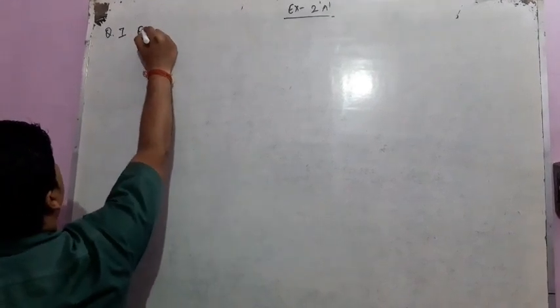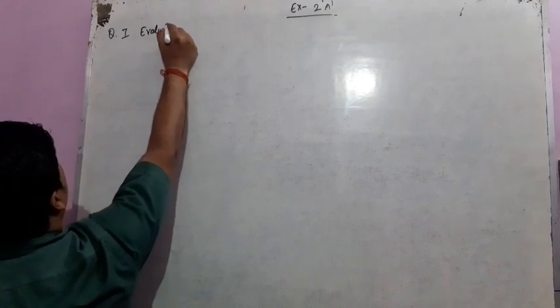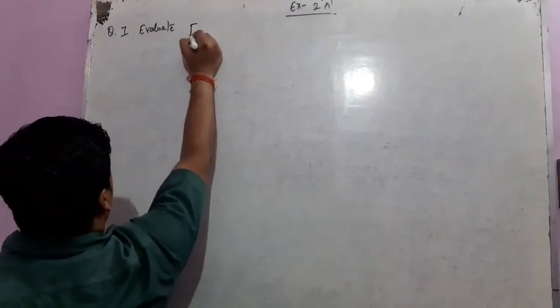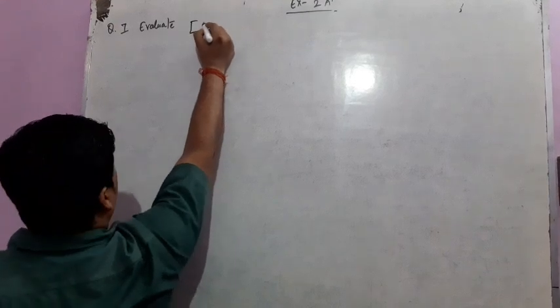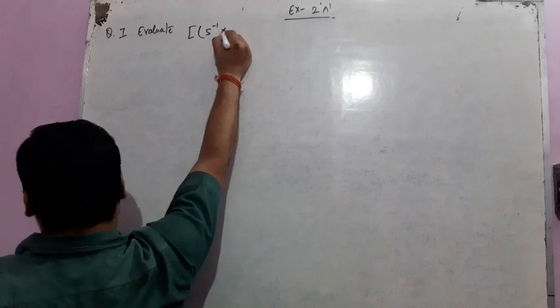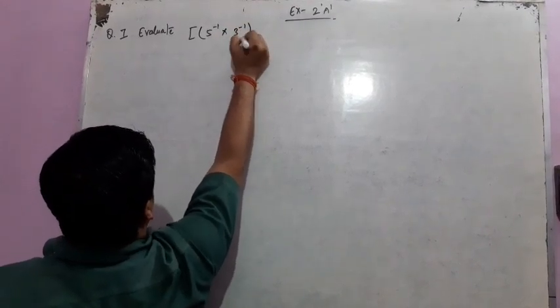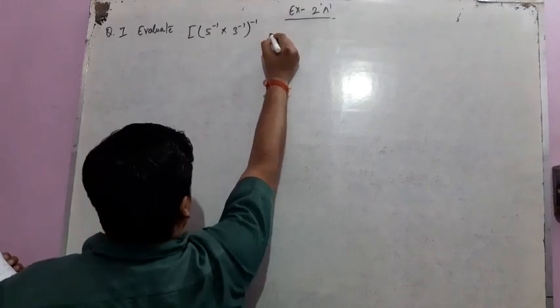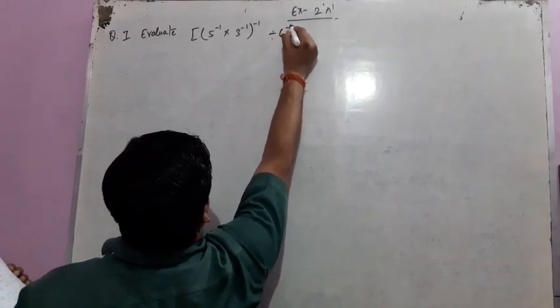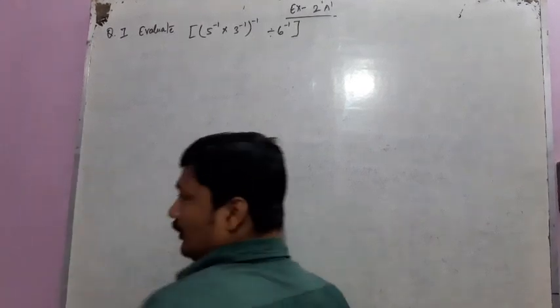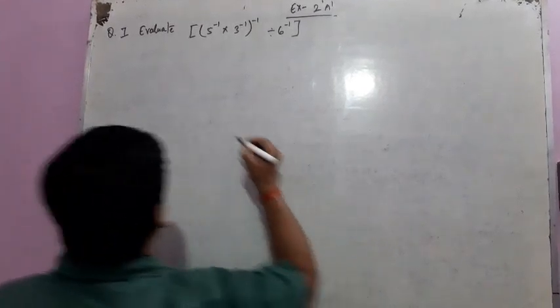Evaluate: under big bracket, then under curly small bracket, 5 to the power minus 1 multiplied with 3 to the power minus 1, whole to the power minus 1, divided by 6 to the power minus 1, and here the big bracket is closed. Now look here, to solve it,